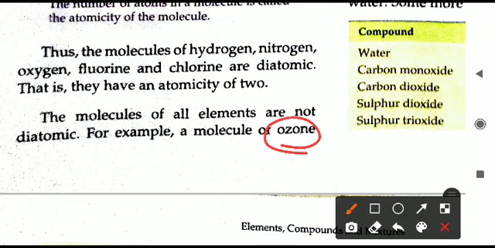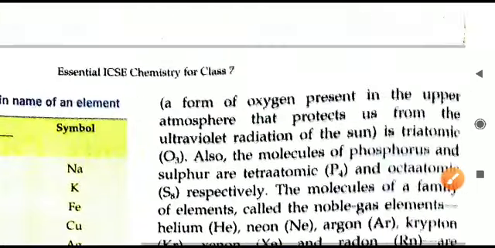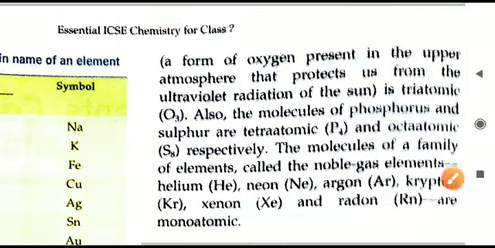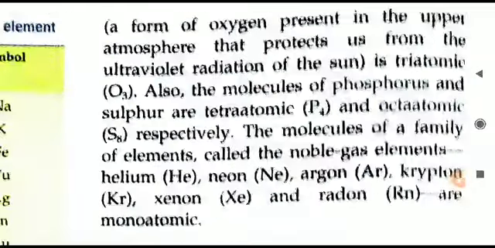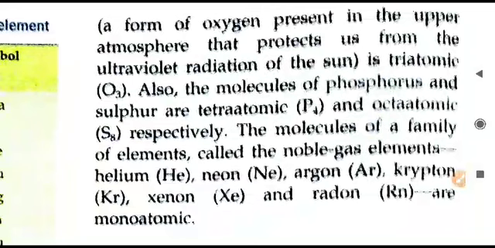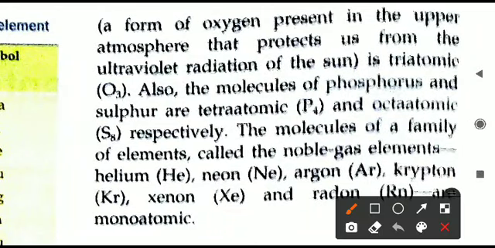Like this example is given, ozone. So what about the ozone? Is it diatomic? No, it is not diatomic. Ozone is a gas. It is present in the upper layer of the atmosphere. When you study the layers of atmosphere in geography, you will read in detail. There you will find ozone gas is present. So ozone gas is triatomic. What does it mean? It means a single molecule of ozone is made up of